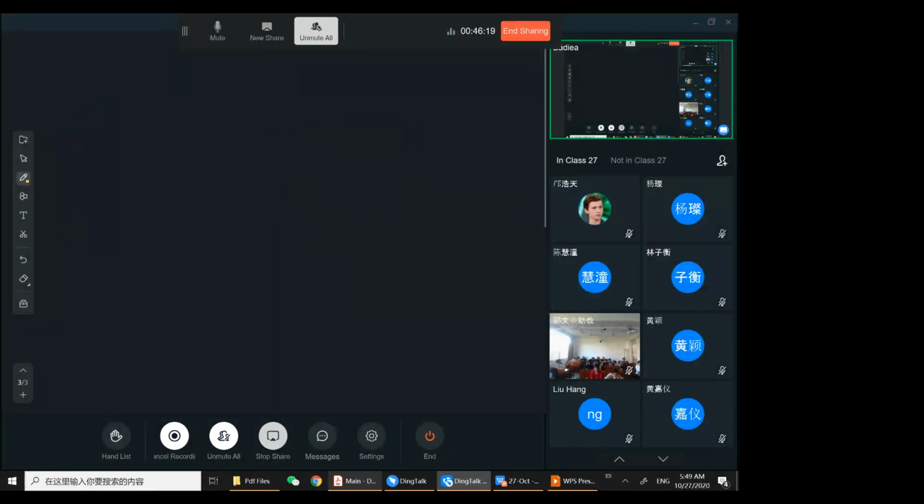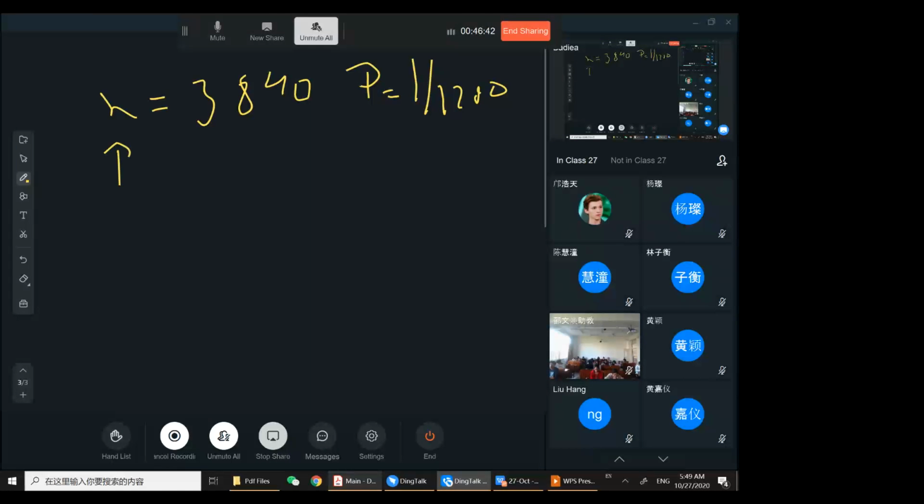So here in this case, what will we do? What is the probability? N is given. What is n? 3,840. P is given, 1 by 1200, right? And you have to calculate the probability of x greater than or equal to 4. Now it's really hard to calculate because n is 3,840 and you have to calculate from 4, 5, 6, 7 and up to 3,840, which will be very, very difficult and hard if you calculate it manually, even through Excel